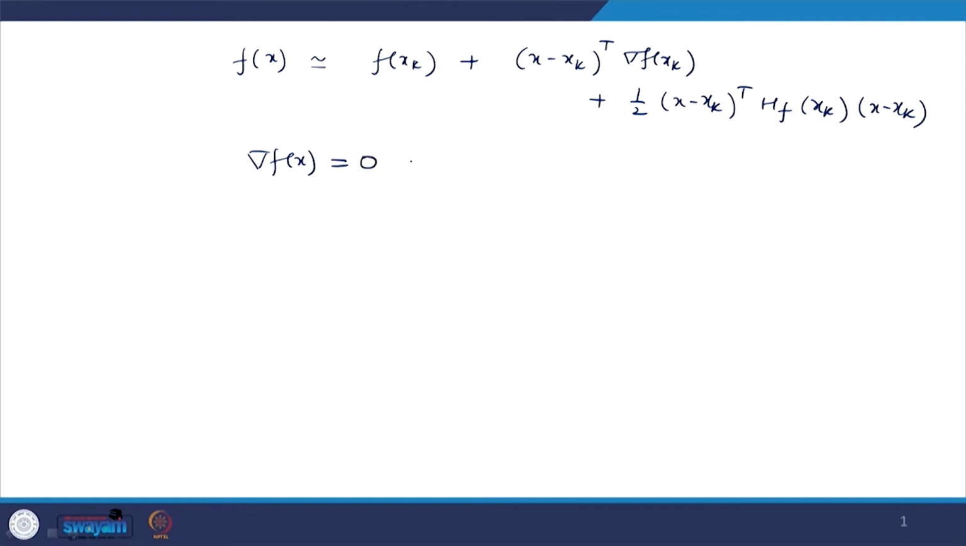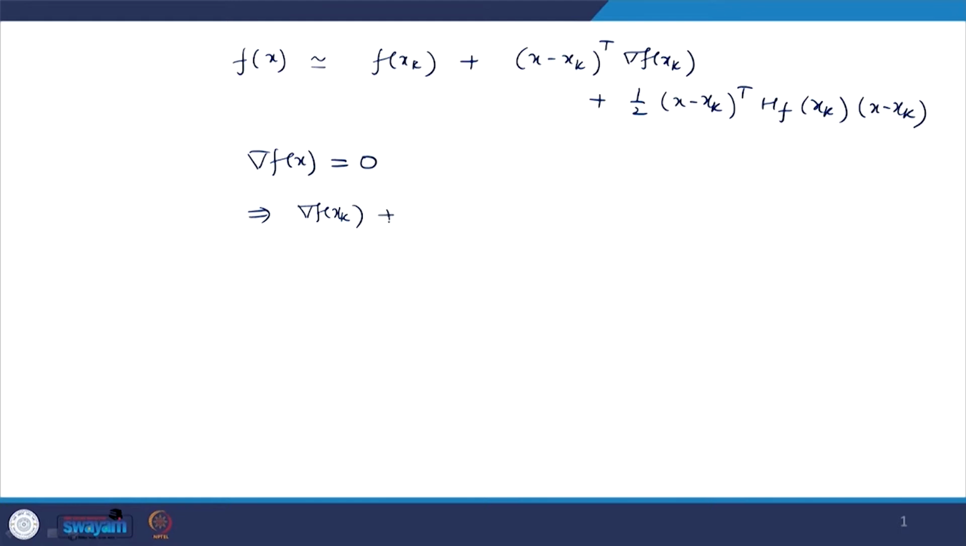Okay, we want this. Now take the gradient of f with respect to x on both sides and let us see what we will obtain. So this is equal to 0. Now this is x_k, a fixed point, so the gradient of this will be 0. Now this is x into this, so when you partially differentiate this with respect to x, that is nothing but the gradient of f at x_k. The second term is of course 0 because x_k is fixed, and when you differentiate this with respect to x